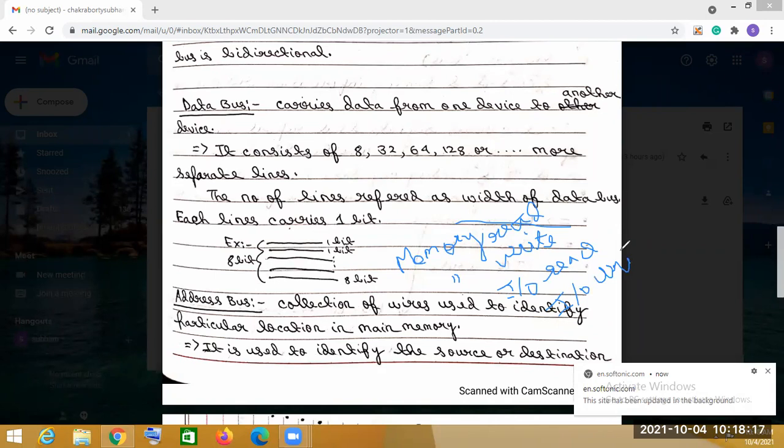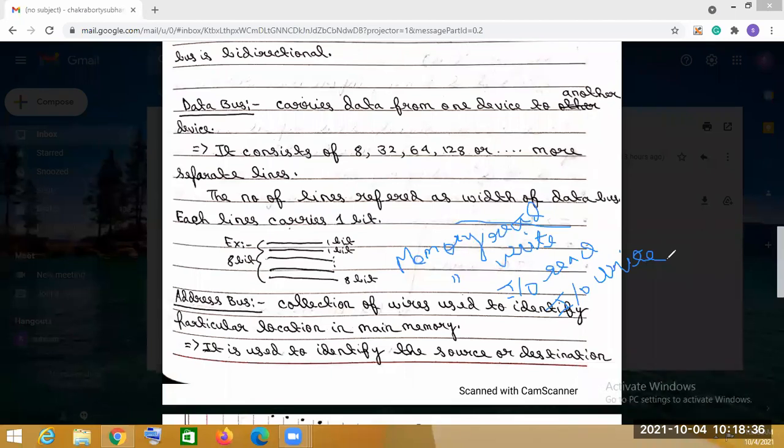So in total we have these 4 operations present: memory read, memory write, IO read, IO write.